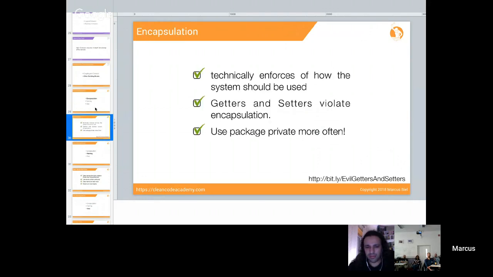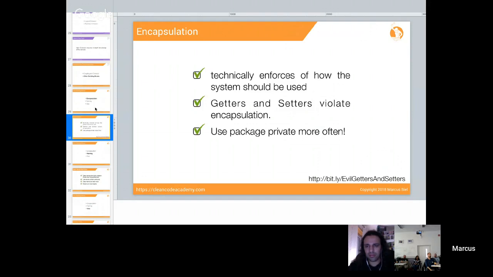Okay, what is encapsulation? Well, that is actually a very interesting question, because I think if you talk to, let's say, 10 developers, I would assume you get 12 different answers of what encapsulation is. So let me give you my definition of what encapsulation is. Encapsulation is about abstraction. Encapsulation is about hiding details, right? Encapsulation also